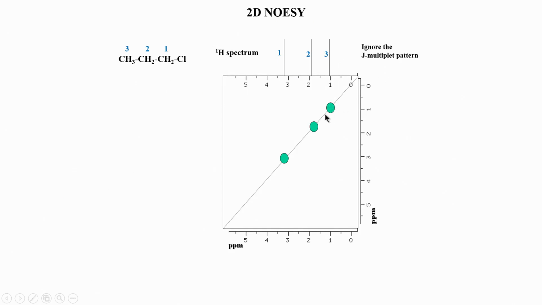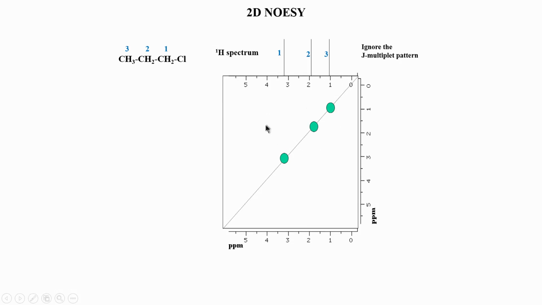It does not have any useful information for us, because it is just telling us that 3 is connected to 3, which is already known information. There is nothing new about this. Similarly, 2 and 1, all the protons will have the corresponding diagonal peaks, and this is something you should keep in mind. In fact, as I alluded to in the previous classes, there is an area of research in NMR on how to get rid of this diagonal peak. There are several papers published on diagonal-less NOESY spectra, because almost 90 to 95% of the signal goes to the diagonal peak, and only a very small fraction is in the cross peak.